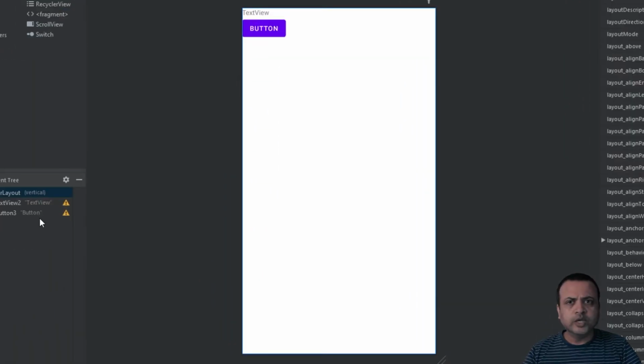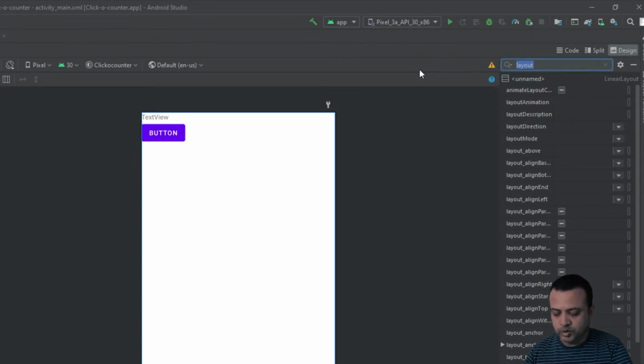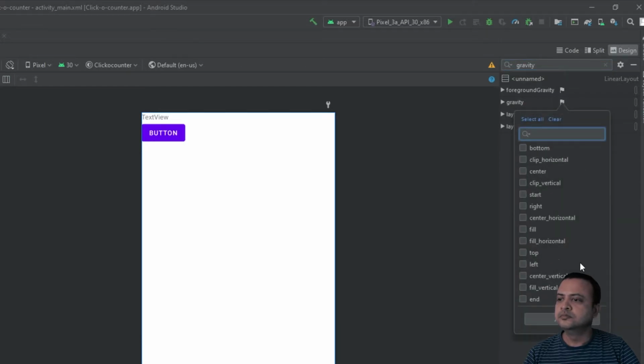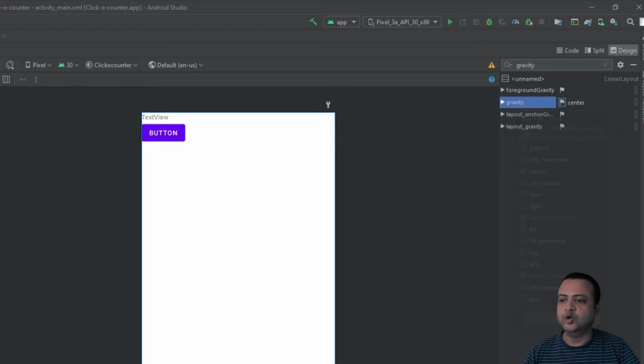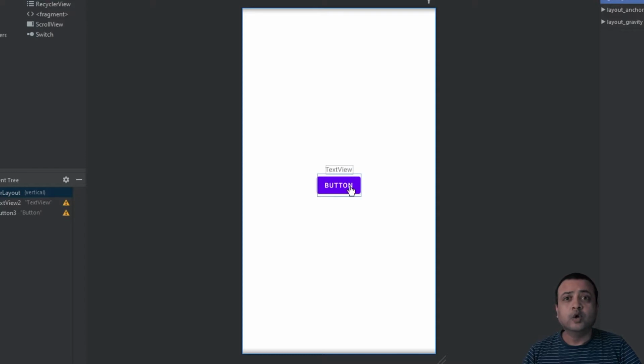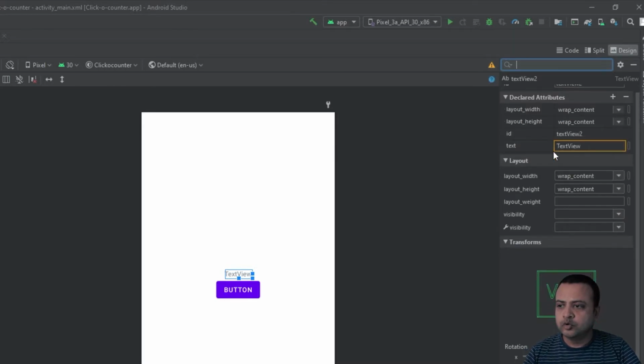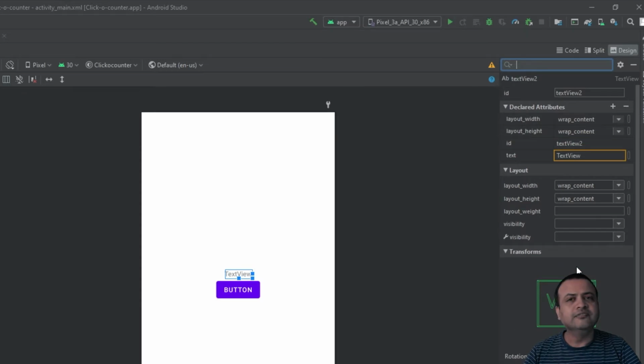Right now, both of them are looking quite normal, but you don't want your text and your button to be on the top left corner, right? You want them somewhere in the middle. We go to the linear layout and search for something called gravity. Once you find this, click on the flag and select center and click on apply. Your text and your button are now centrally located within your application. To change the properties of the text view, I will make sure that text view is selected and then I will search for the property over here or I will scroll through this panel to see if I can find that property.